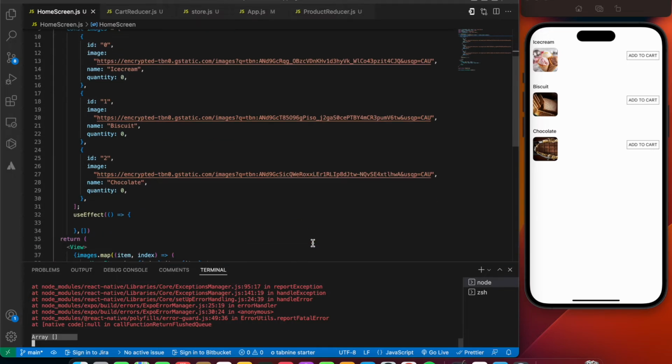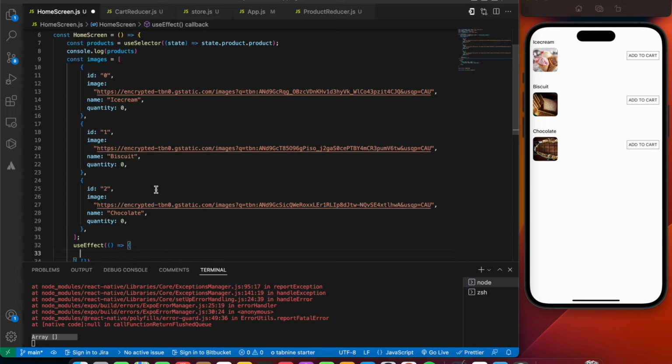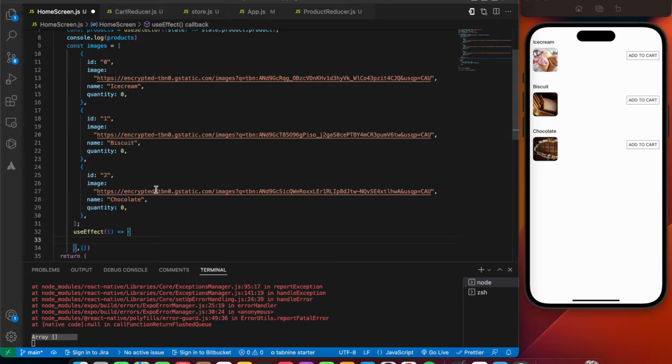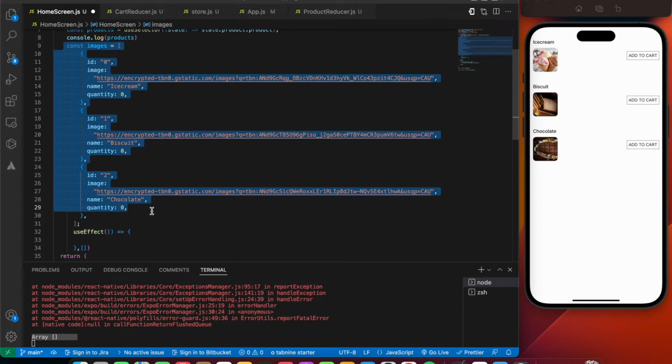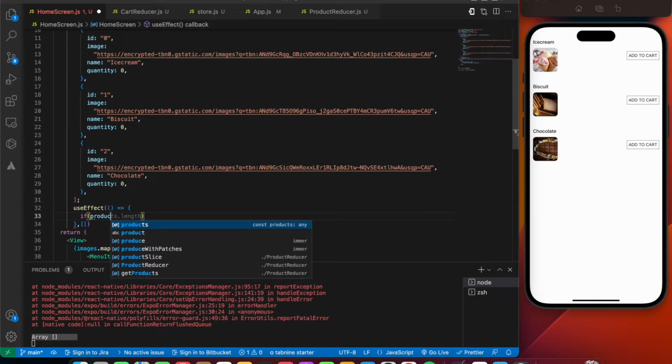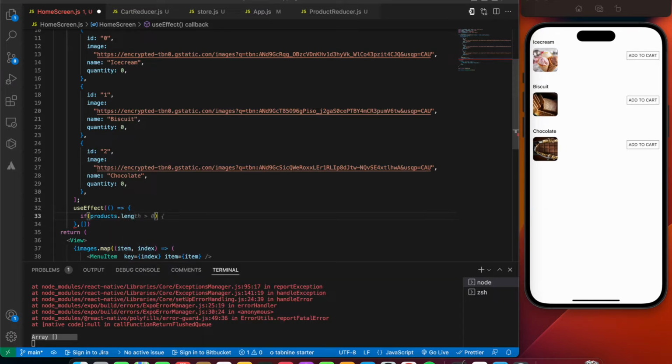So the next thing is, yeah, into the useEffect. Firstly, we're going to check if products.length is greater than 0. If it is greater than 0, we should just return from this useEffect. Otherwise, it's again going to call this useEffect whenever this home component loads, and again it's going to take in the images, and it's going to show us multiple times. So for that reason, firstly we'll apply the condition which says if products.length is greater than 0, then simply return from it.